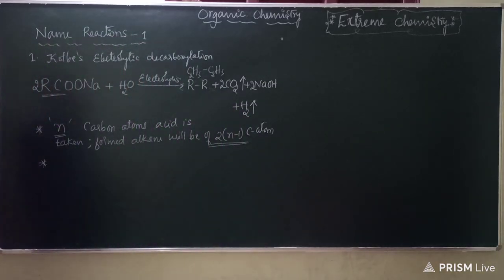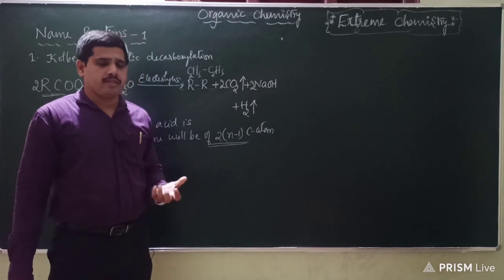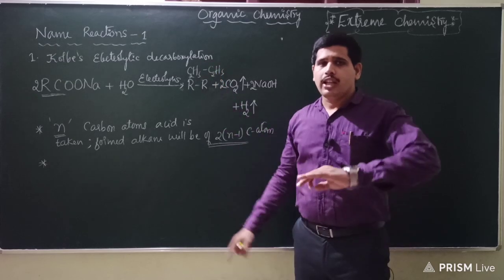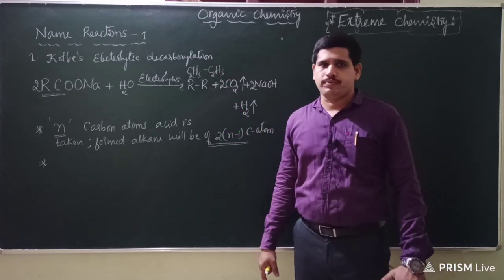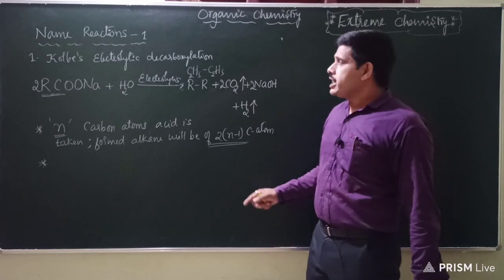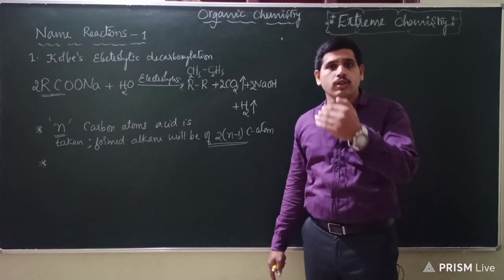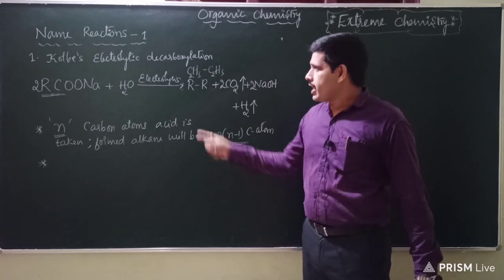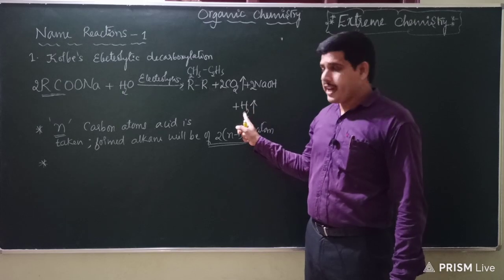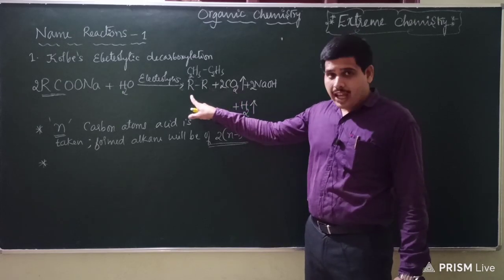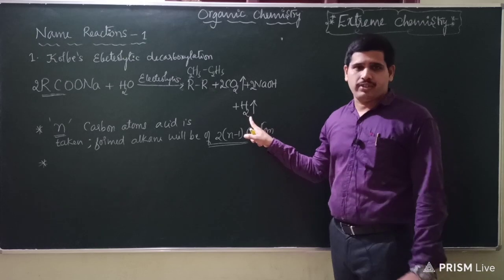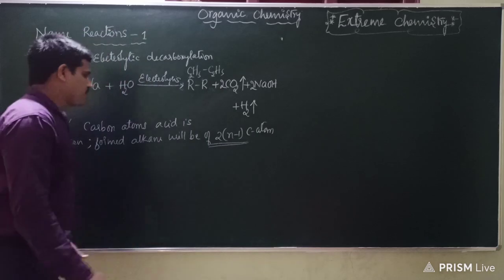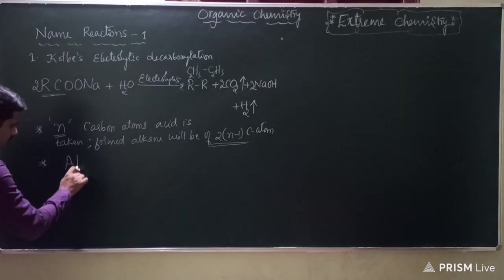Also, one has to remember which type of gases will be evolved at the respective electrodes. When we say electrolysis, let me tell you, dear students, this question was also asked in the previous year: name the gas which comes out at the anode during Kolbe's electrolytic decarboxylation. So the anode is going to give which gas out of these? There are 3 gases: carbon dioxide, the alkane, and hydrogen. So there is a competition of 3 gases for 2 positions at the electrodes. So let me tell you that part also we need to remember.